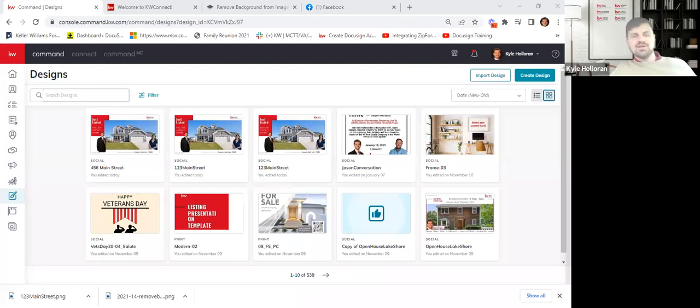All right, so we'll look at the email side. Seems like some people are having an issue with that. Here's what import design is. I wouldn't really use this, to be honest with you. This would be if you had a graphic from like Canva and you really liked it and you wanted to edit it inside of designs. It'll try to break that graphic apart and allow you to edit it. That seems silly to me. Just go to Canva and make the graphic there if that's what you prefer.